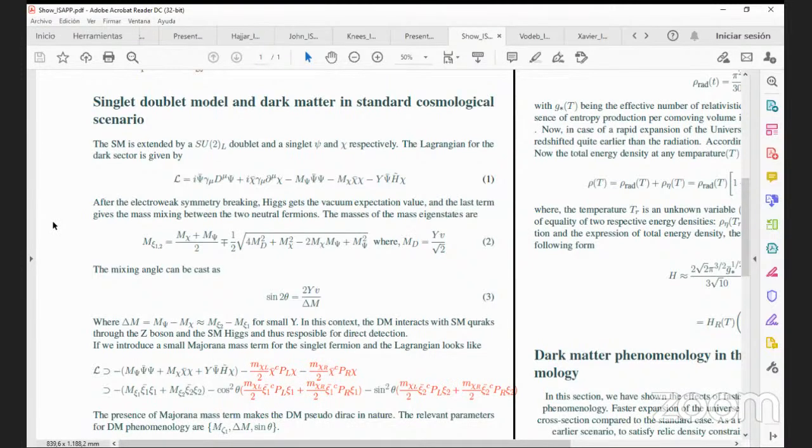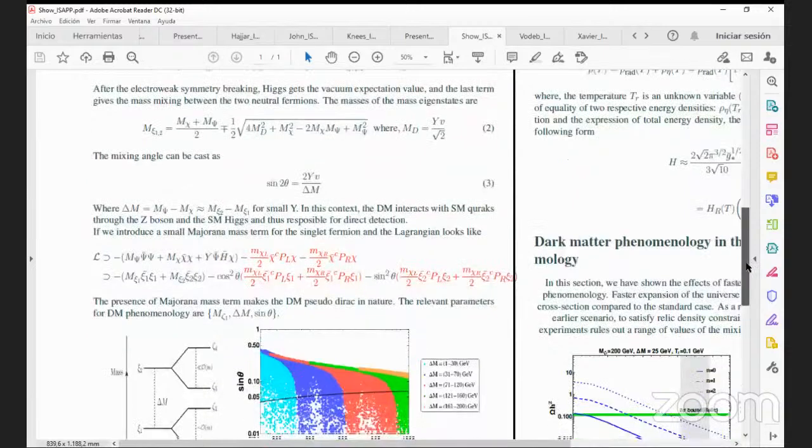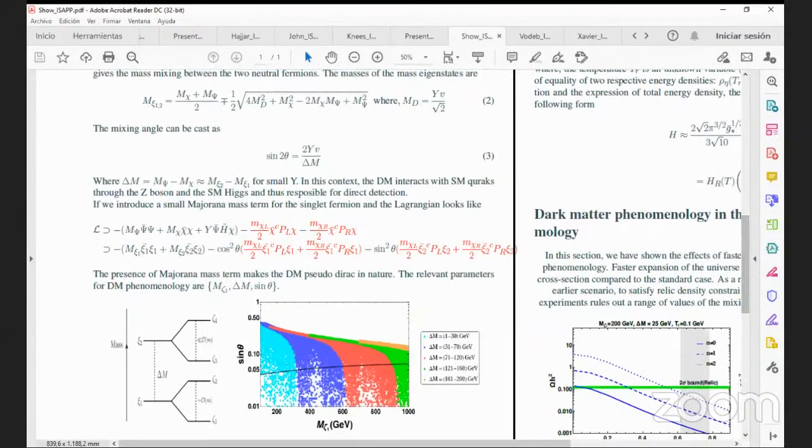So now we are introducing the Majorana mass term for the singlet field, which is given in the red color. After that, we have written this Majorana mass term in the Xi1 and Xi2 basis. We know that if we start with some Dirac mass for a field, and we introduce a very small Majorana mass for that field, then the field splits into two pseudo-Dirac fields with nearly degenerate masses. So you can see this mass spectrum, which is given here.